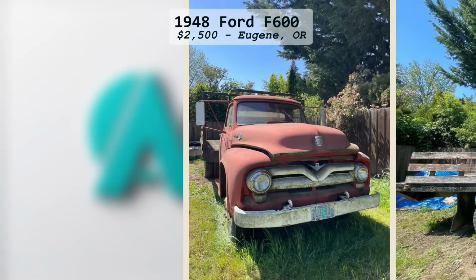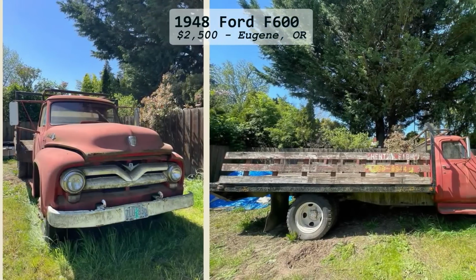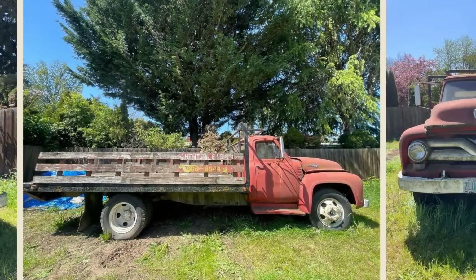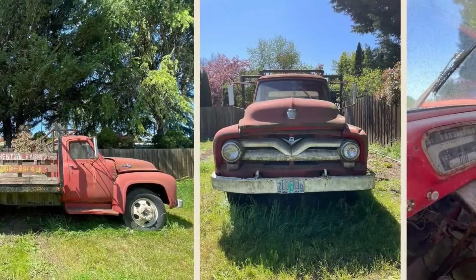Discover the rugged charm of the 1948 Ford F600 PTO dump bed antique truck, available for just $2,500 in Eugene, Oregon. This historic classic boasts a PTO-driven dump bed that operates smoothly when the engine is on. Equipped with a manual transmission and powered by gas, its odometer reads